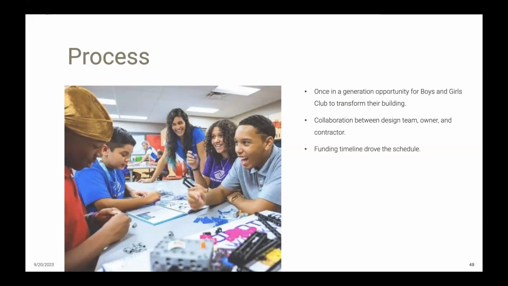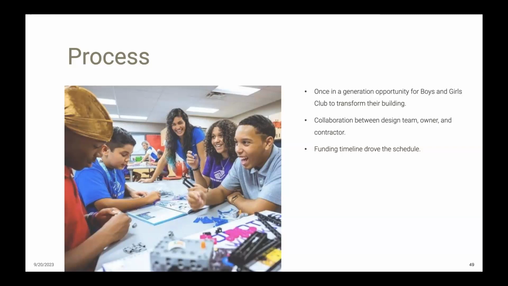A voluntary seismic upgrade was a chance for them to give their teens a safe place to be, which was high priority and a matter of equity for the club. And of course, throughout the project, we worked closely with our consultants at every step of the way. And again, like Hillel, the client brought a contractor on board early in the process to advise on constructability and provide cost estimates. The design timeline was driven quite a bit by donor schedules, funding and donor schedules.